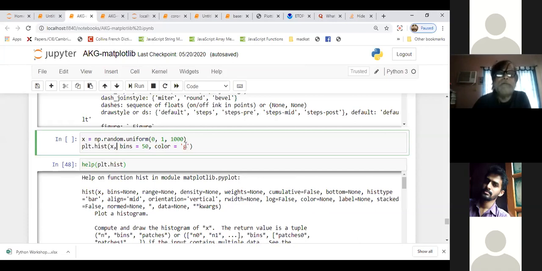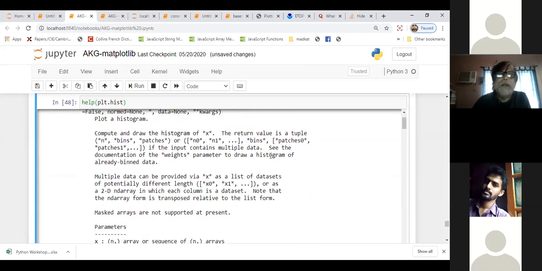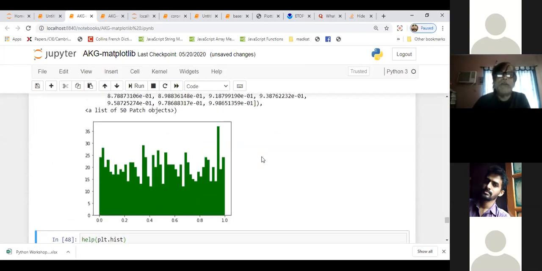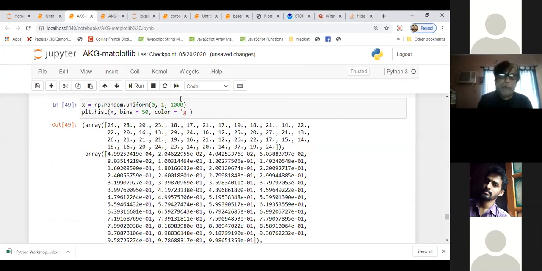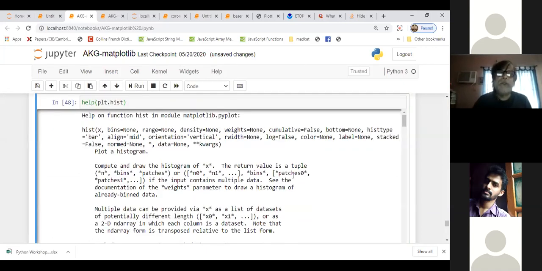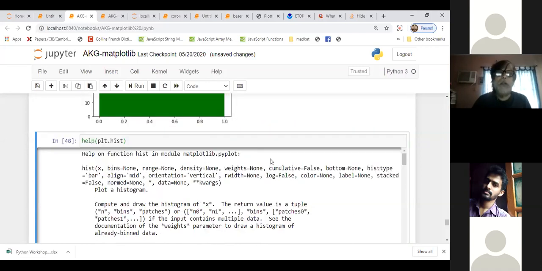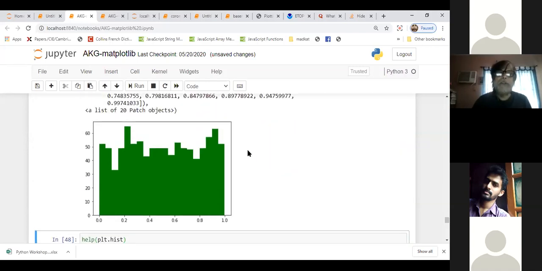Okay, let's see this. So it has created 50 bins. Now I don't want 50 bins, I want only 20 bins. So it will create a histogram of 20 bins. The bins are so thick, and they are amalgamated side by side.